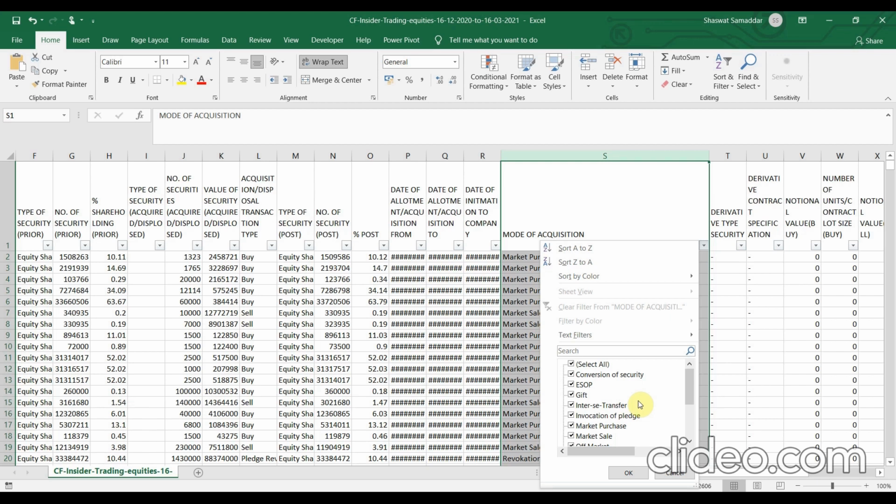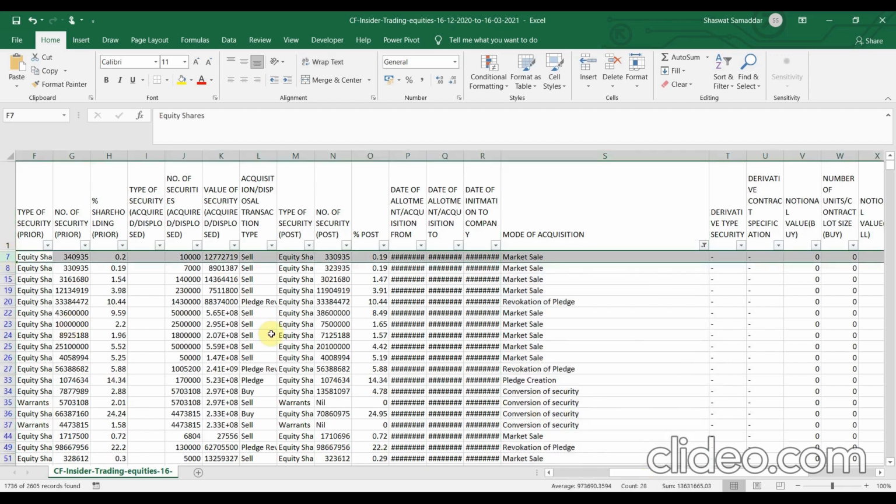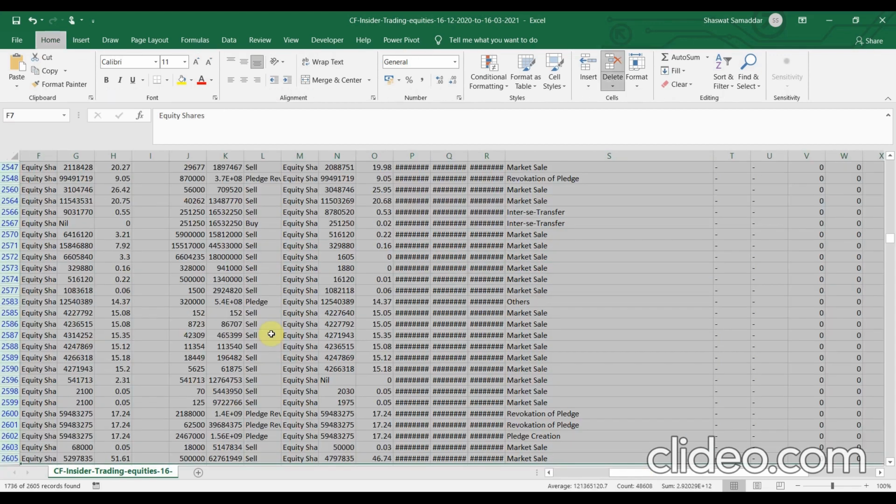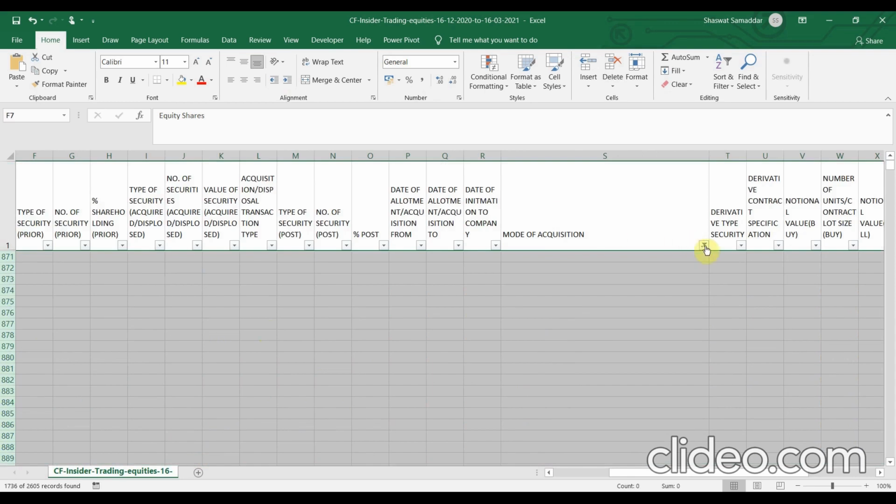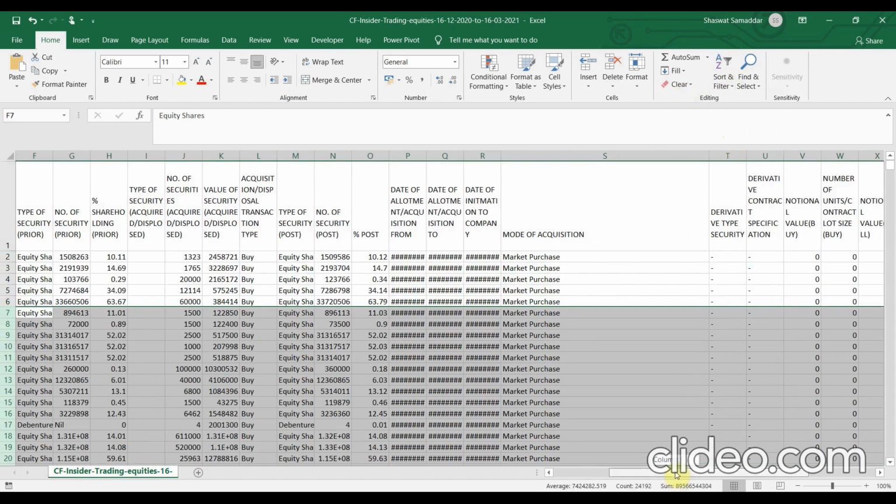It should not be ESOP, it should not be gift, it should not be invocation of pledge, etc. I only want it to be as market purchase. So I will deselect the market purchase and I will delete all the rows which contain otherwise. Okay. Once we have done that, we could remove the filter as of now.